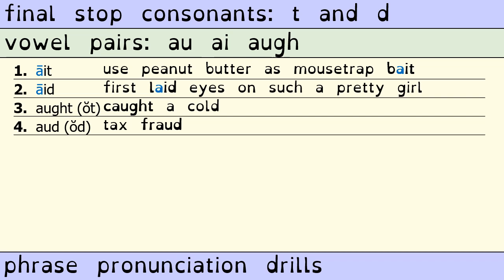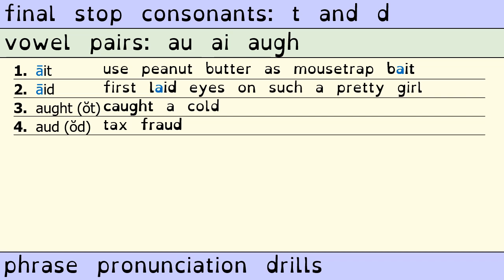Let's look at the words in phrases. If you want to pause the video and try reading on your own first, now is the time. Here I go. 1. Ait. Use peanut butter as mousetrap bait. 2.